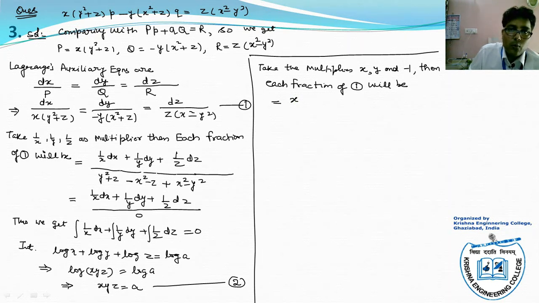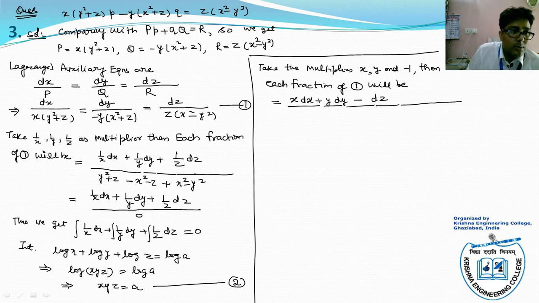So multiply numerator dx by x, dy by y and dz by minus 1, dx plus y dy minus dz, applying the same multiplier in